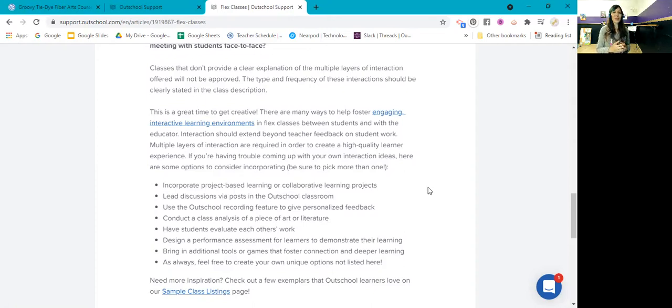And this is one of the reasons why I usually keep my flex classes at 4 weeks now, or at the max 6, because I do notice that around week 4, week 5, the comments are fewer. So what I do is I schedule a post every time I teach this class. I schedule a post on, hey, I know sewing is hard. Please don't get discouraged. Let me know if you need any help.